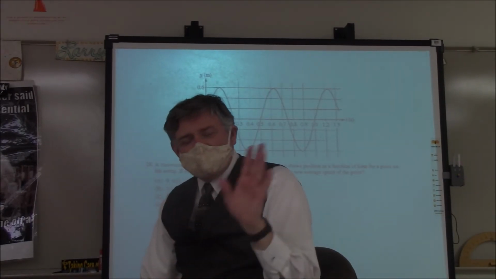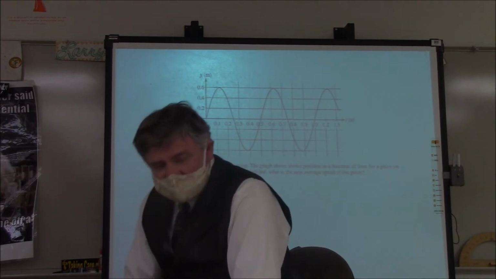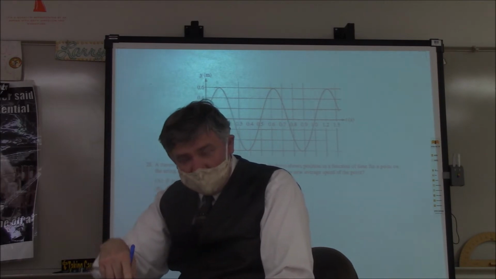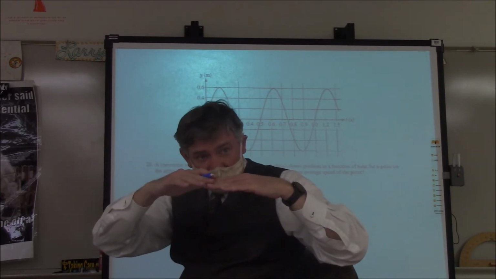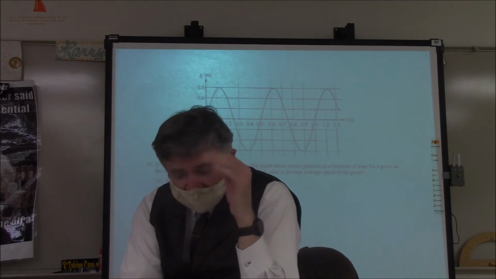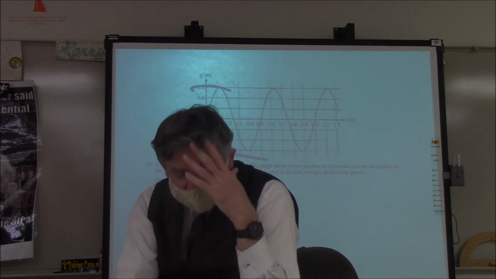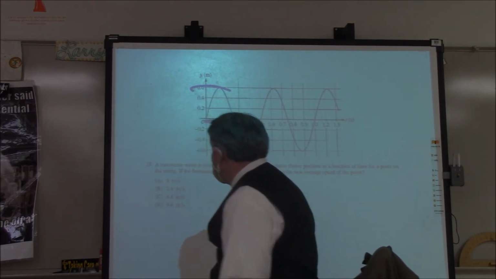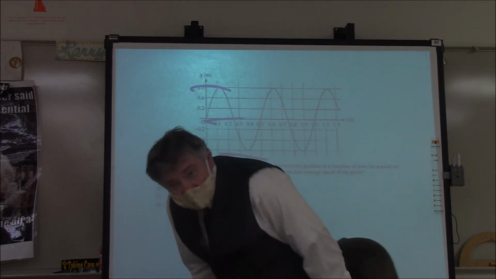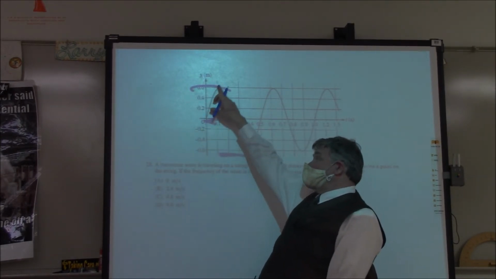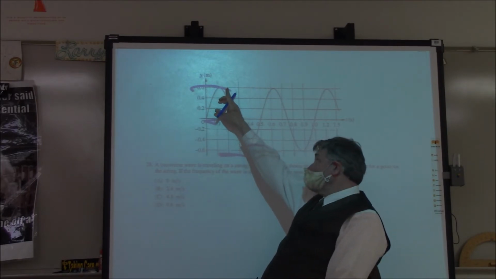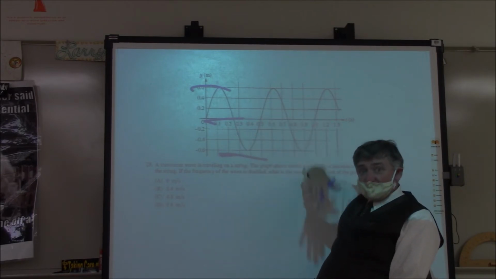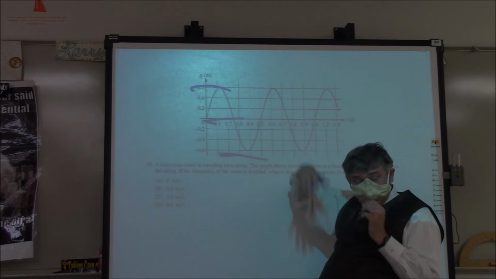So here's the deal. What's important about this is that we're not talking about the speed of the wave. We're talking about the speed of this point. As this is moving along, looking at this, let's start at the beginning. This is going to be your amplitude. It's got an amplitude of 0.6 meters. From this point it's going to travel up 0.6, then travel down 0.6, then travel another 0.6. Because this thing is vibrating back and forth like this,